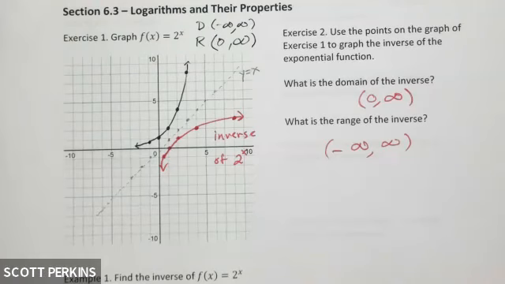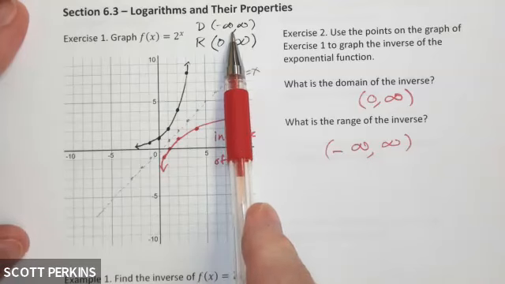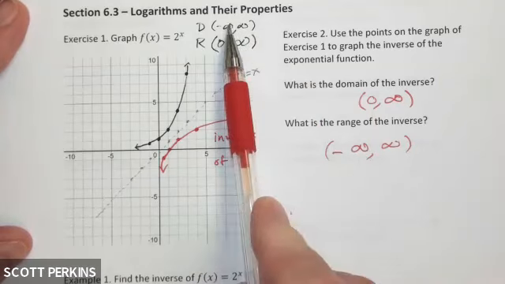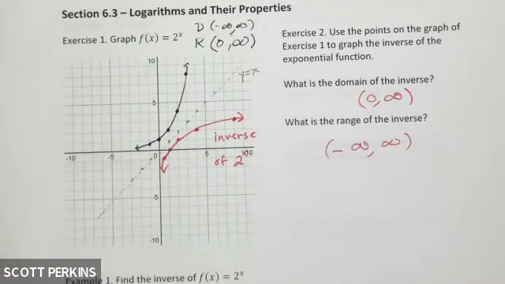Another thing we said about a function and its inverse, since I'm flipping the x's and the y's to get the inverse, I just flip the domain and the range. So we can see the domain of the original function was -infinity to infinity. So the range of the inverse is -infinity to infinity. The x's become the y's and vice versa. The y's become the x's. That's what it means to be the inverse. Okay. So that catches us up to the real quick review of what we did in section 6.1